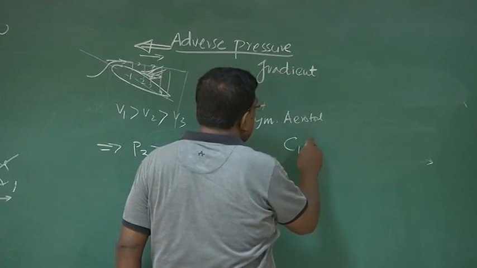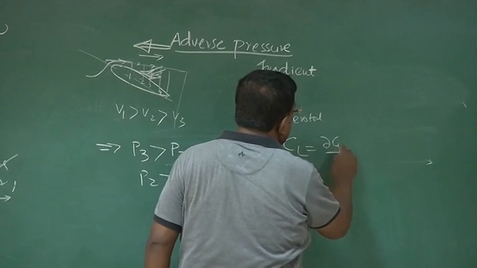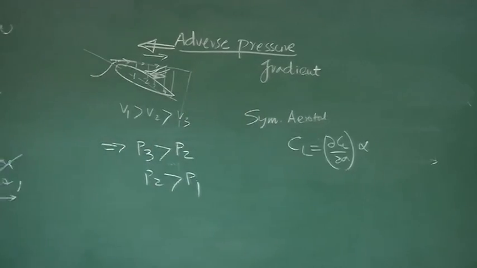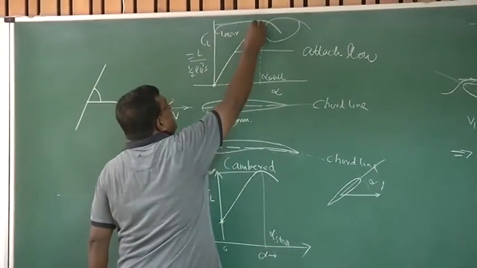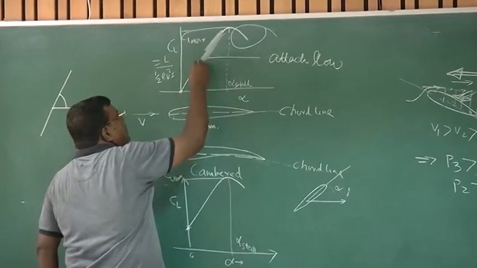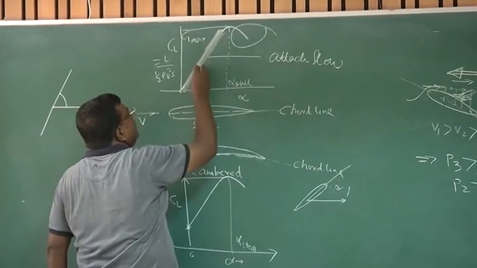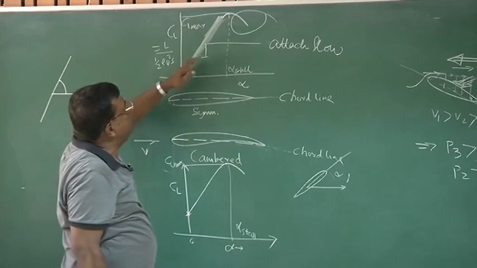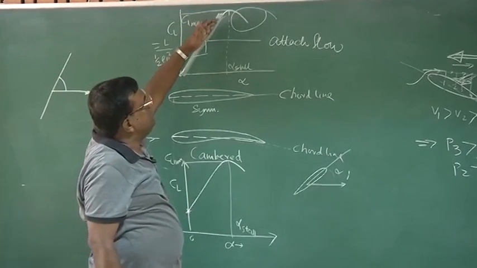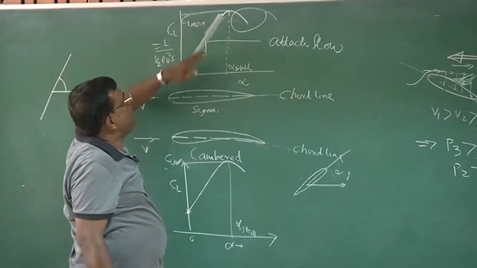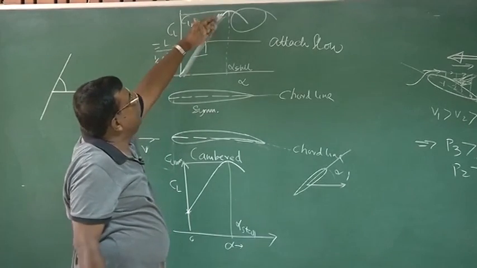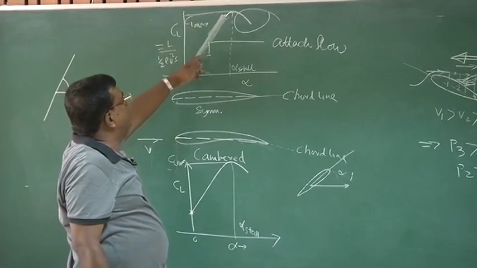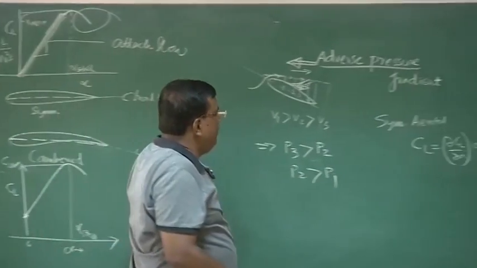I can model CL as dCl by d alpha into alpha. What is dCl by d alpha? Because it's a linear, almost straight line, this is the slope. When I say almost straight line, in practice we'll find beyond 6-7 degrees some sort of nonlinearity comes, right? But we are assuming here that up to this point it is straight, so I can write CL as the slope of this into alpha. But for a cambered